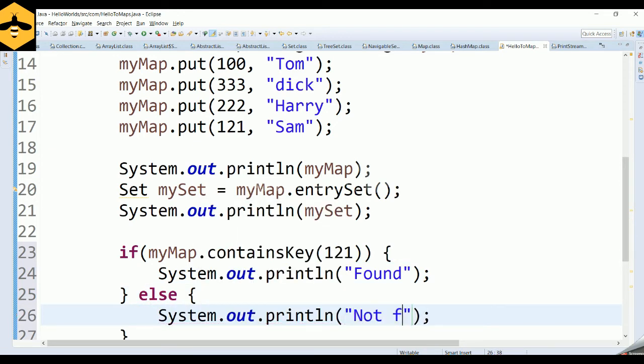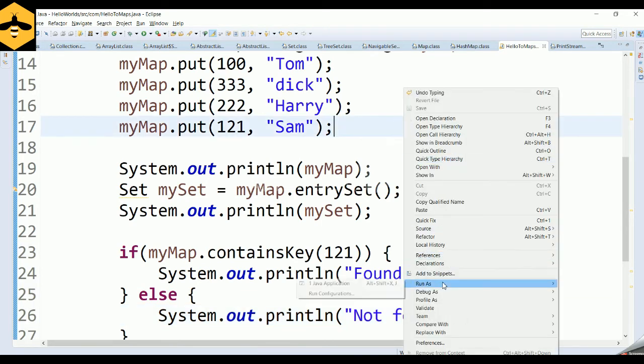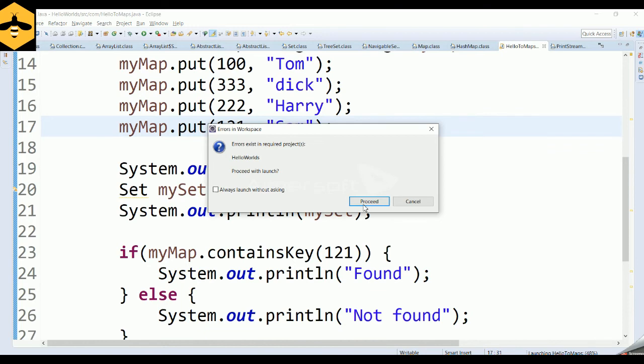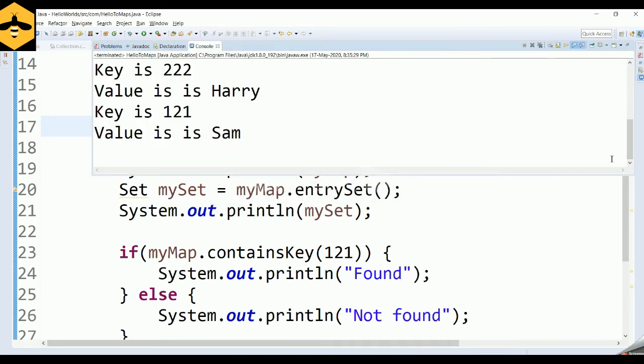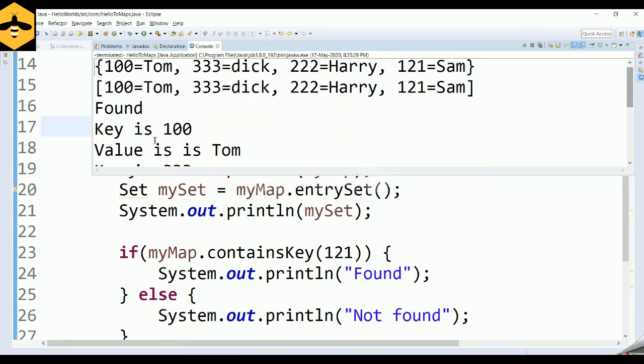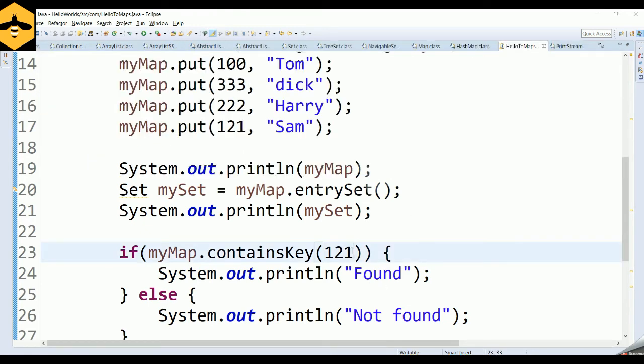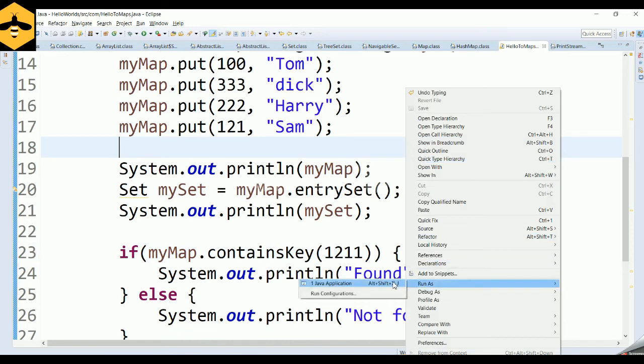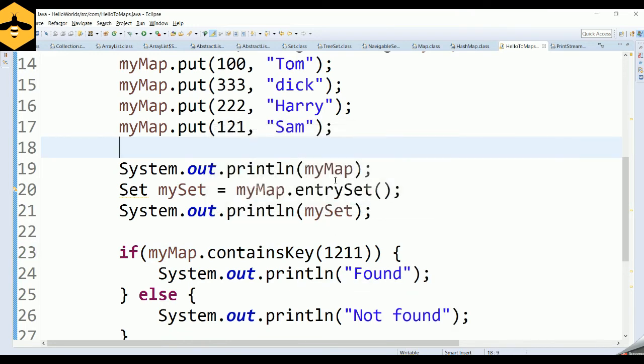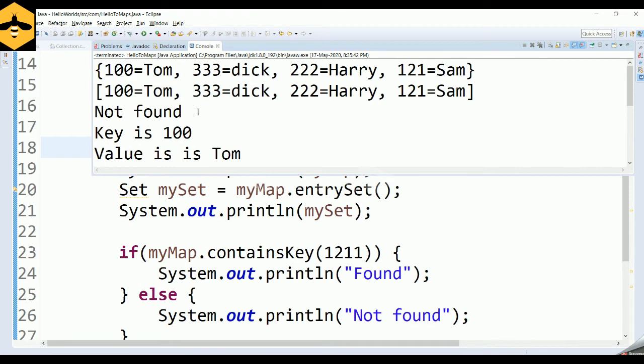This is a simple logic that we have written to check whether our map contains the key 121 or not. When you run this program, run as Java application, it will tell that it is found because our map contains the key 121. Suppose I make it 1211, and now if you run this program, it will tell that that particular key is not found.